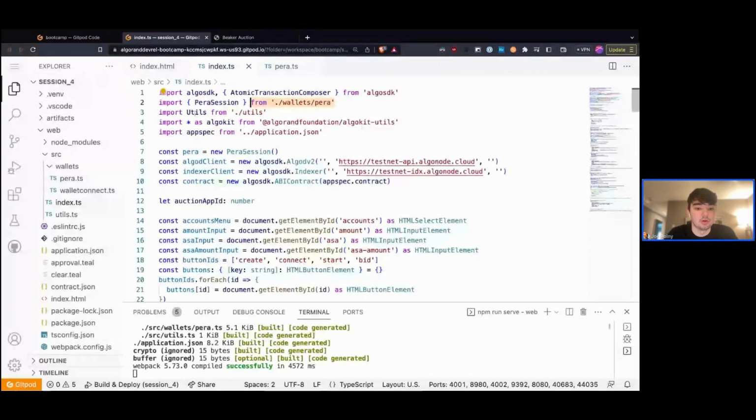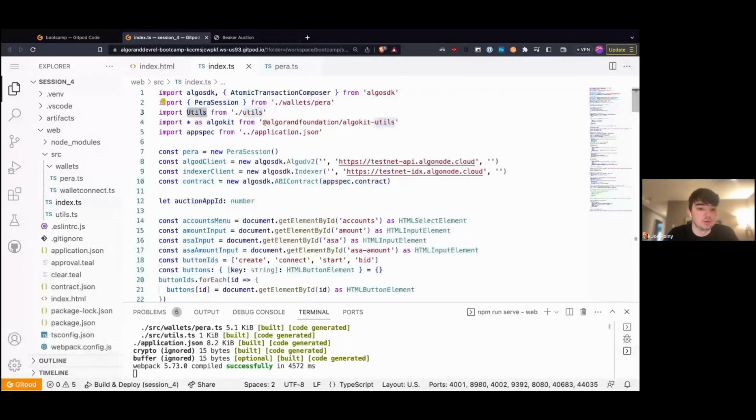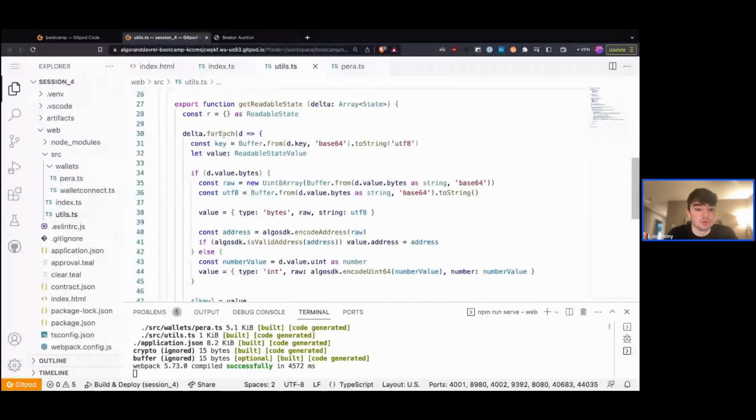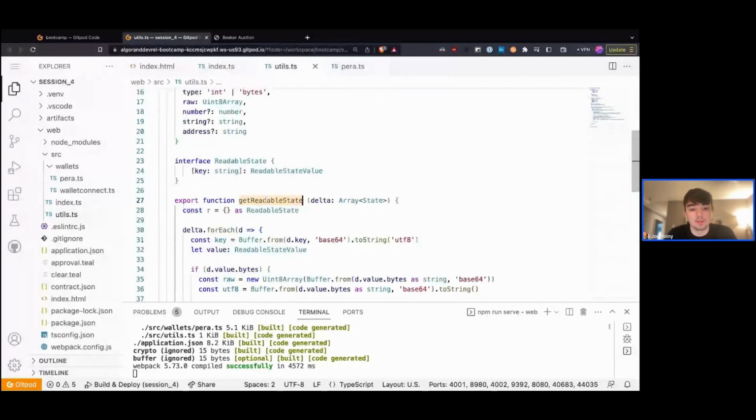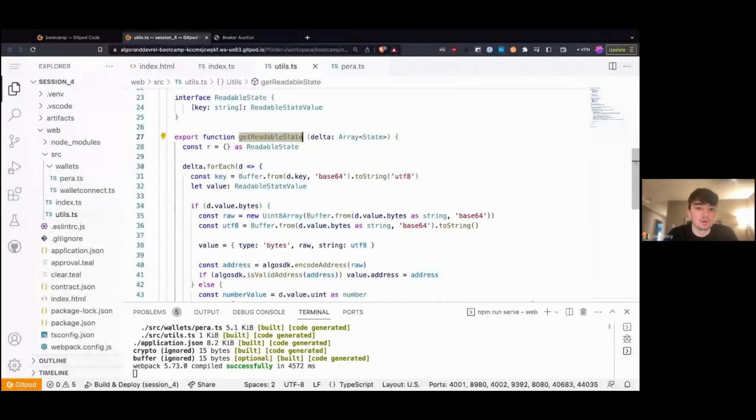We're also importing our generic utils library, and we're going to basically be using this. If we take a look here at what our utils includes, we have a function called get readable state. What this is basically going to do is help us read state from our application. Okay, so now